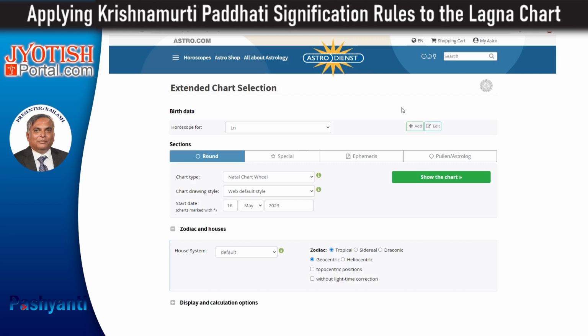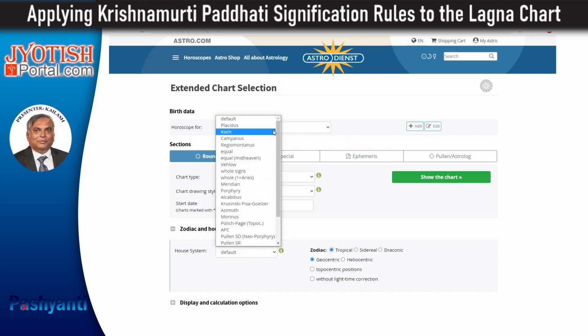So now if you look at astro.com, you have a list of all the popular house divisions. Placidus is there, Koch is there, Campanus is there, equal house, the Vedic equal house is also there, and then you also have even the Shripati. This is also a popular house division in the Parashari Jyotish, and Shri Krishnamurti has mentioned what kind of shortcomings are there in these house divisions.